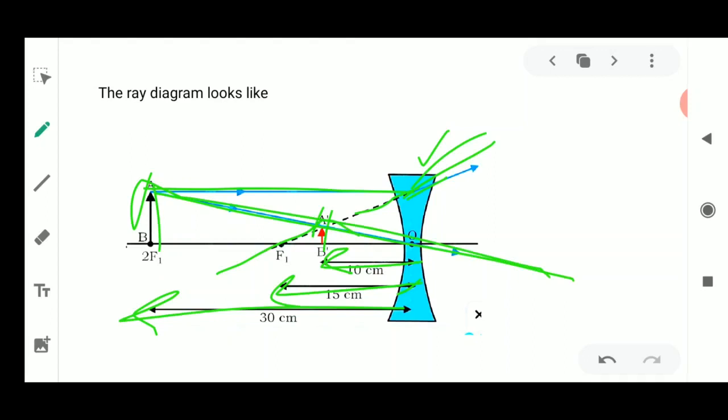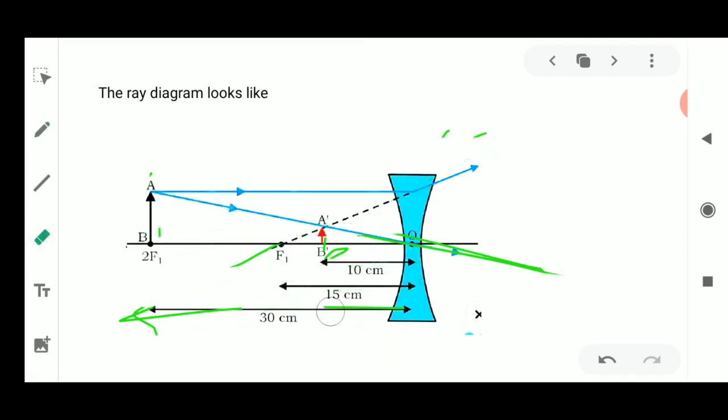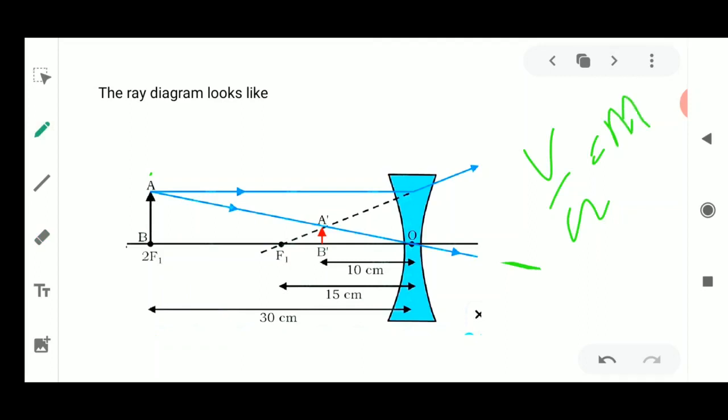Now this image formed is a very small image and it is 10 centimeters away. So this 10 centimeters is the image distance, and the object distance you already know is 30 centimeters. Okay, so this is what the ray diagram is going to look like, and with the help of all the values you can find the result. Even magnification can be found, as you have V and U, so you can write down the nature and position of the image obtained.